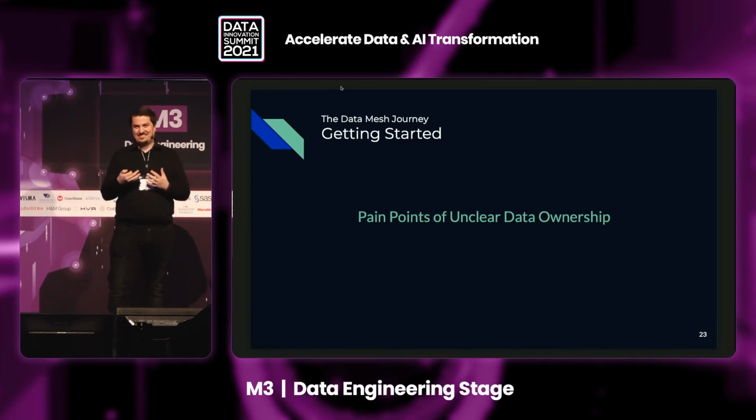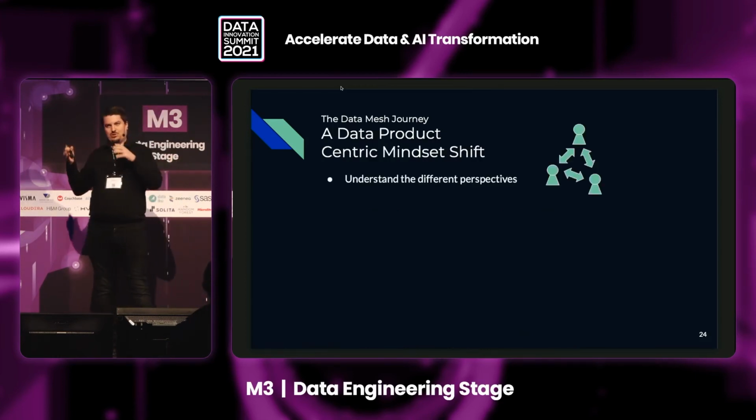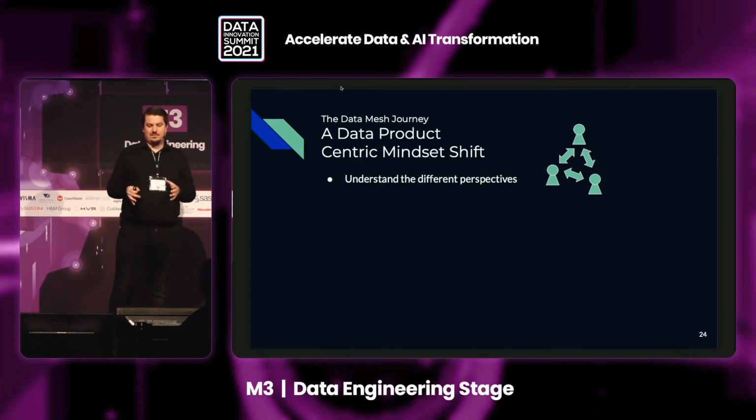This is something that every one of us could imagine having happen in their own company and organization as well. But what can we learn from that? The most important part is that when we want to start moving towards a product-centric mindset, we need to understand the different perspectives. And just as given in our example, of course, there can be many follow-up actions.